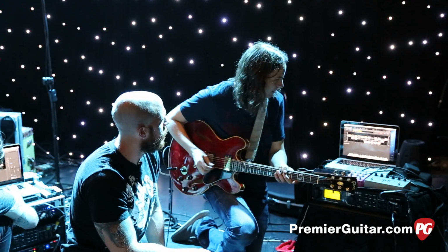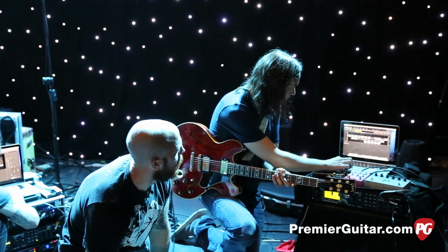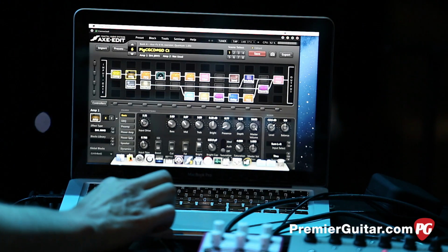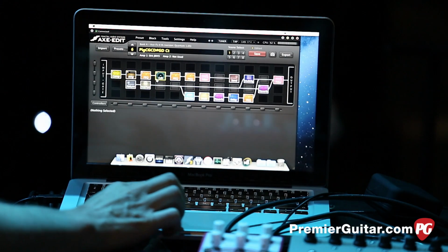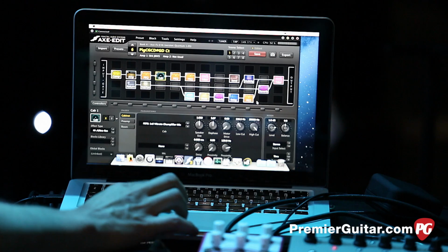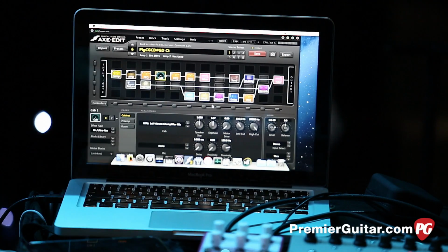Obviously, this is just a clean patch here. You've got a bit of compressor. I think the amp that we're using on this particular one, let me just see what it is, it's a Brit JM45. Bit of pre-EQ on it, and then you've got a vibrato amplifier mix, which makes its way through a lot of different EQs, and then a different branch of chorus pitch, which creates that kind of...